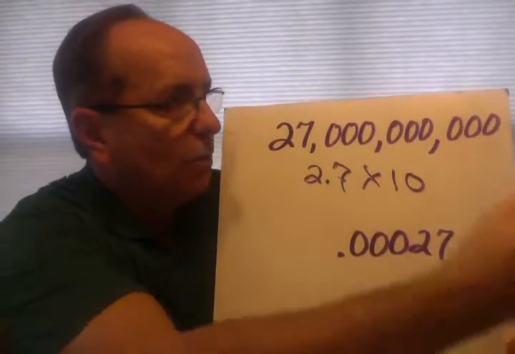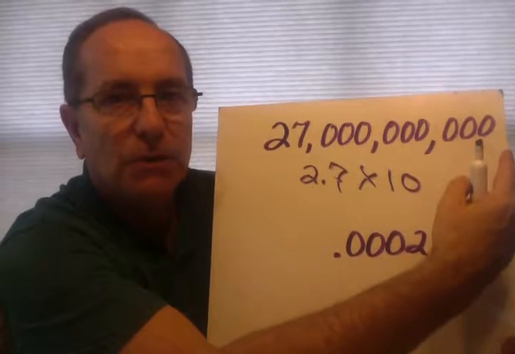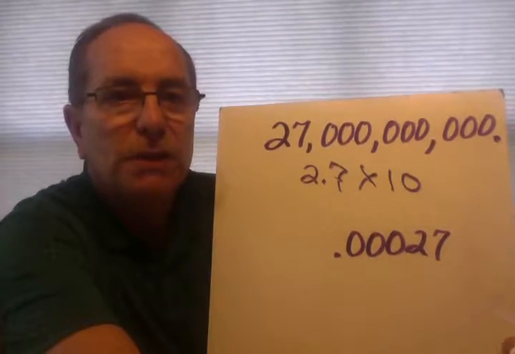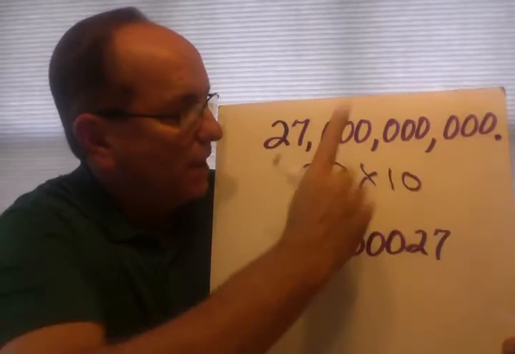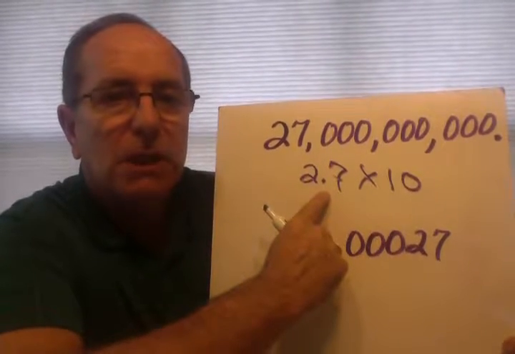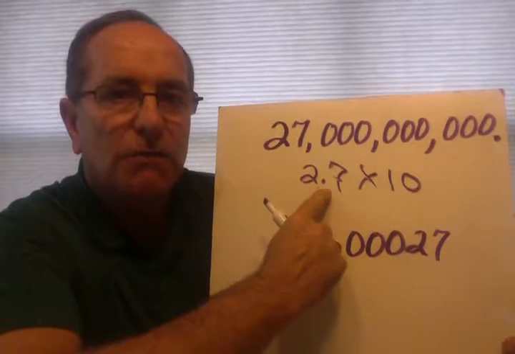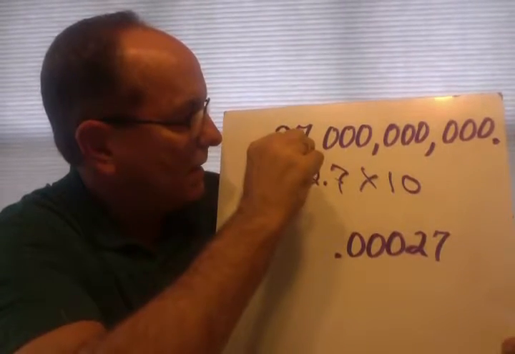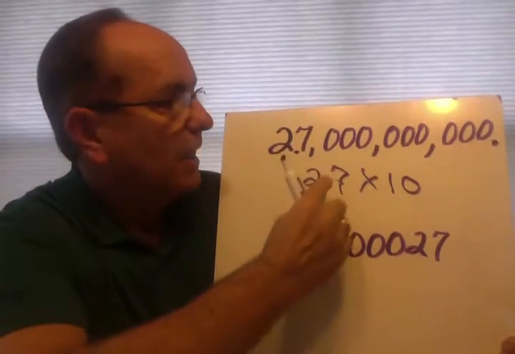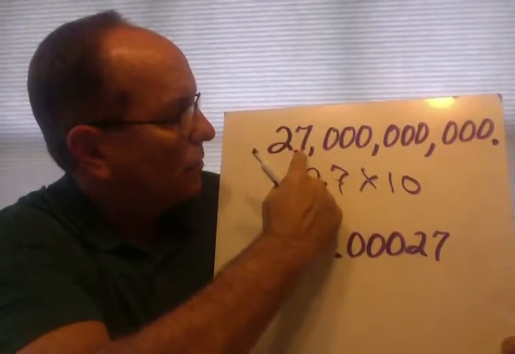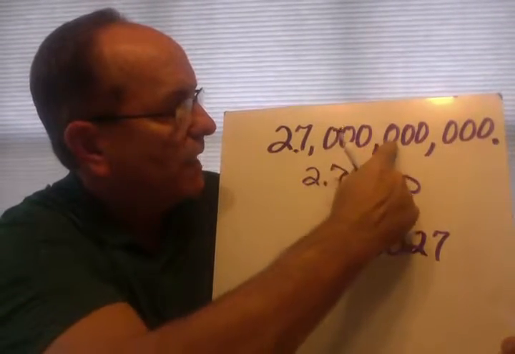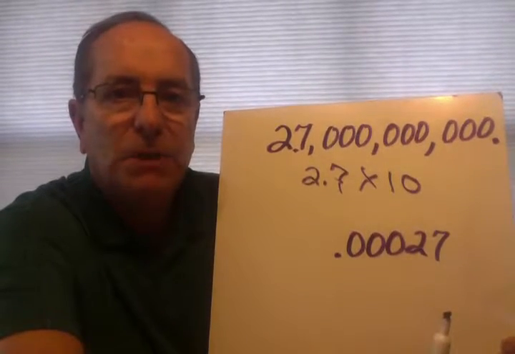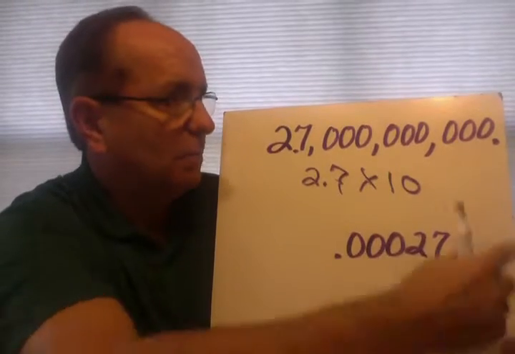I think about, well, where's the decimal in this big number? Every whole number has a decimal right after the ones place. So there's that decimal, and here's the decimal that I want. So how many places is from here to here? Well, if I count those place values, 1, 2, 3, 4, 5, 6, 7, 8, 9, 10, that's how many places I would have to move the decimal